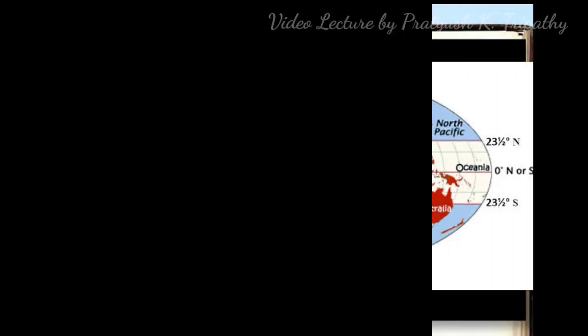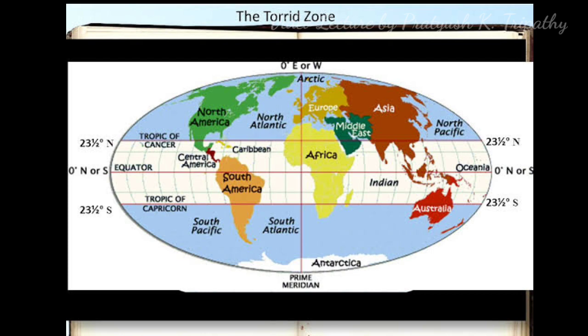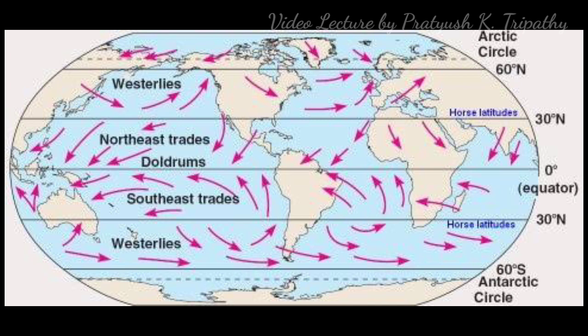Let's now talk about the Torrid or the Tropical Zone. This zone lies between the Tropic of Cancer and the Tropic of Capricorn, which mark the limit of the overhead sun to north and south of the equator. That is from 23.5 degree north to 23.5 degree south, with equator dividing it into North Torrid Zone and South Torrid Zone. The areas between 5 degree north to 5 degree south of the equator are called doldrums or equatorial zones and are areas of low pressure because they receive direct rays of the sun.